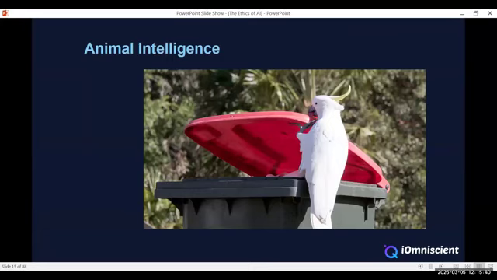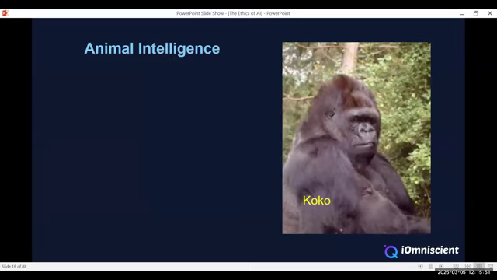You've probably seen animal intelligence, little cockatoos learning that they can collect food from garbage bins and they learn how to open them. You've probably all heard about Coco, the very intelligent gorilla who was brought up as a baby gorilla by two psychiatrists, just like a human baby. They talked to her, they read her bedtime stories and so on. And over a lifetime, I think she died recently at the age of 45 or so,